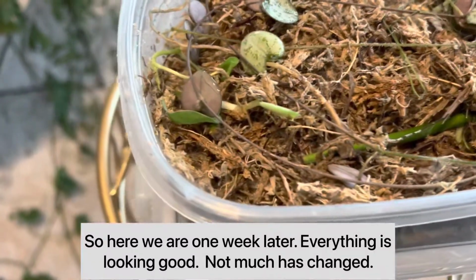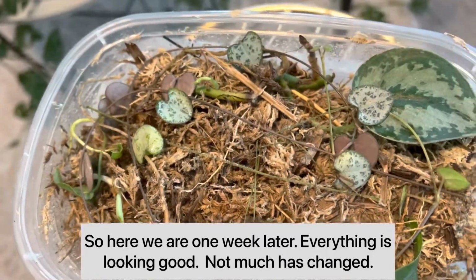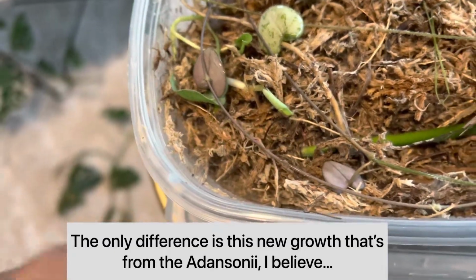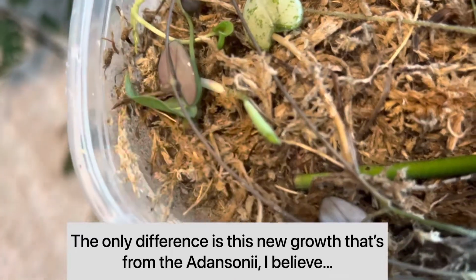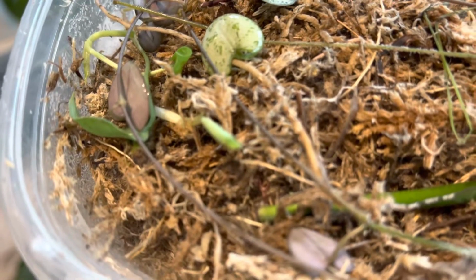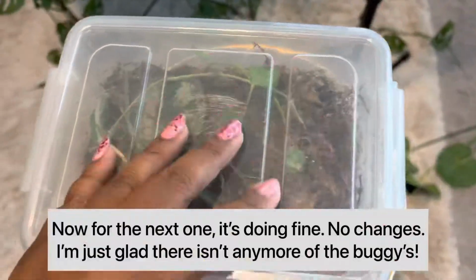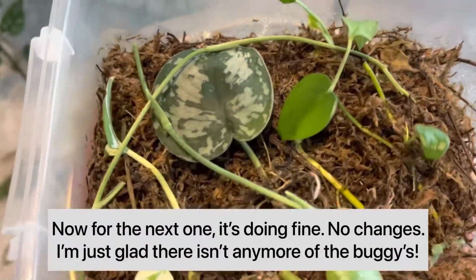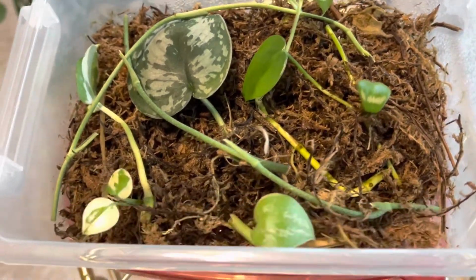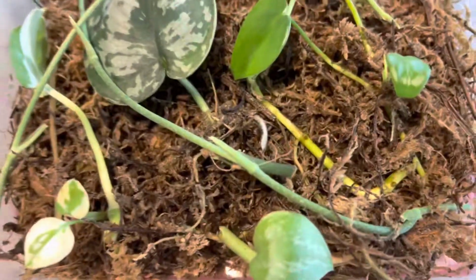And so here we are 1 week later. Everything is pretty much the same. Nothing has really changed, but I know this new fresh sphagnum moss is going to do good. But there's also this new growth on the Adansonii, and it's so cute and tiny, and that makes me happy. And then for this next one, it's doing fine as well, no changes. I'm just really glad that there are no more bugs or fungus, whatever the heck that was. And then we have this cute fuzzy root